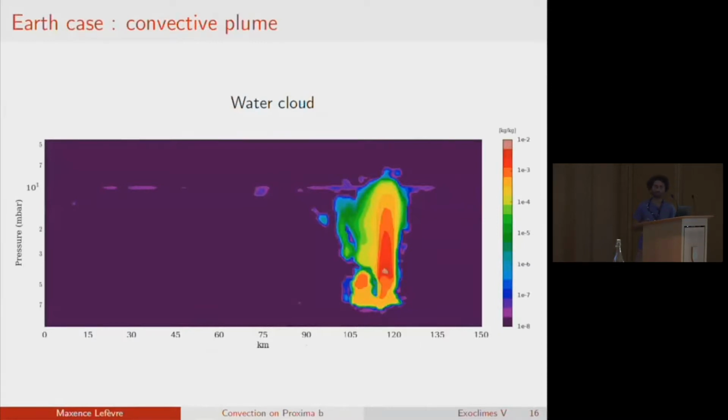This is the vertical cross section of the water cloud, and you can see here vertical convective plumes that will mix the water.